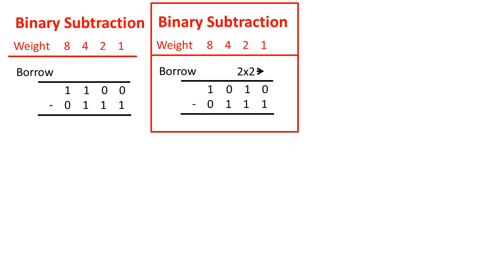The weightage of the third last column was 4, and when that one has been shifted to the second last column where the weightage is 2, it should be taken as 2 into 2. That means 2 ones. So 1 one will be kept there and another one will be shifted to the rightmost